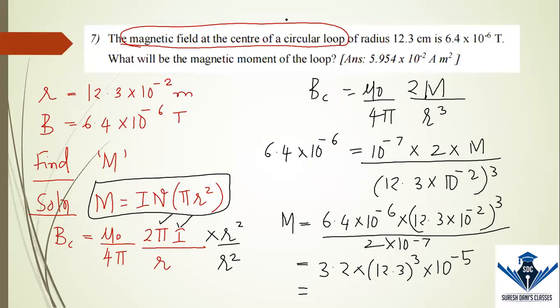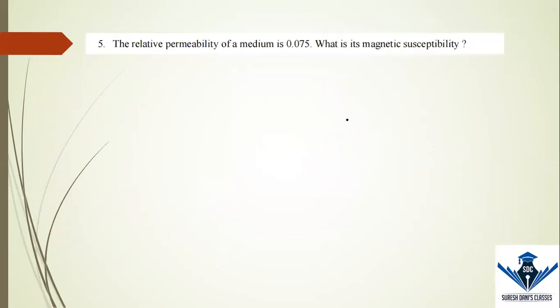We started with EMI, went to alternating current, we did current electricity, we did electrostatics, and today we completed magnetic effect of electric current. I hope you are benefiting from the same. So we are revisiting all the formulas and therefore we are getting it. So we have completed the 5th chapter today for the numericals and revisited the formula. Now we are going to move to the chapter of magnetism.